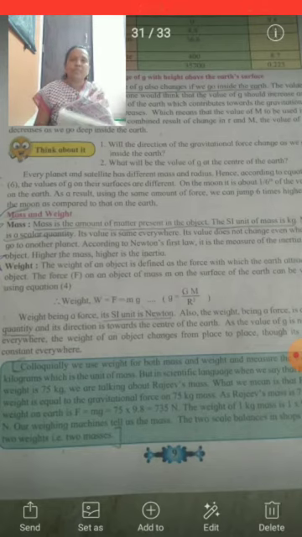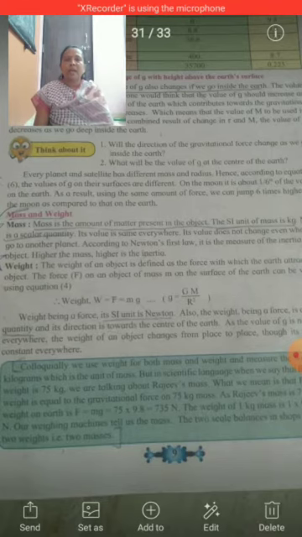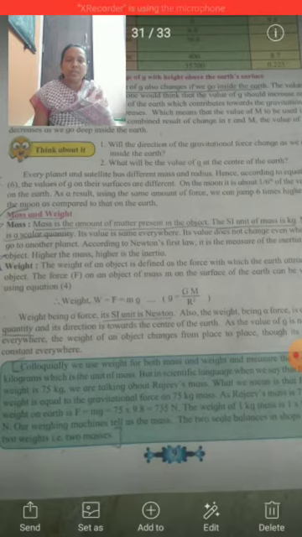Our next point is the free fall. What is meant by free fall and how does it happen? Now we have to do one experiment for it. Take a small stone and hold it in your hand. When we hold a stone in our hand, it is in a steady position because our muscular force acts on it. Now release the stone.